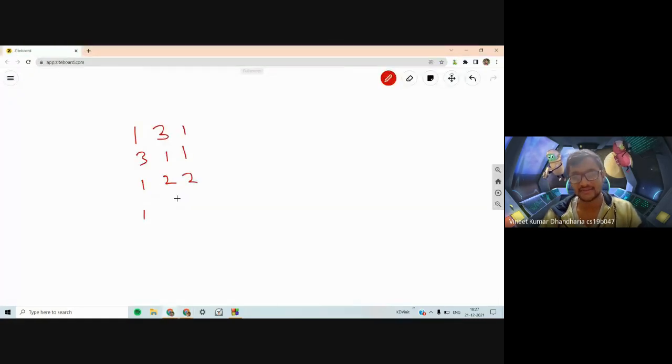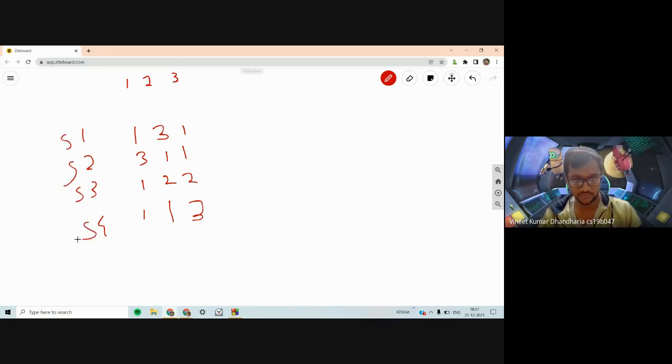Okay, so this is the matrix that we have. These are the shops number 1 2 3 4, and these are the friends number 1 2 3 4. Now we can mention shop 1, shop 2, shop 3, and shop 4, and this is your friend 1, friend 2, and friend 3.